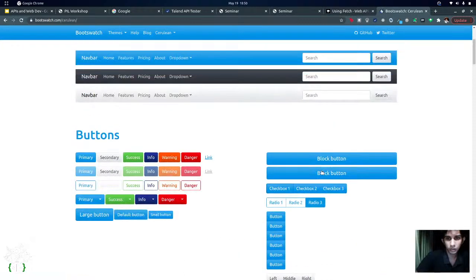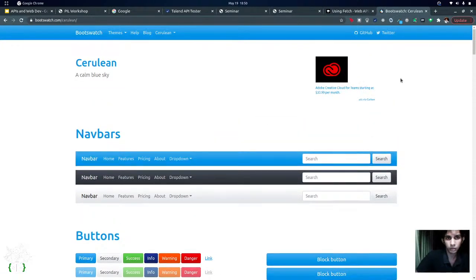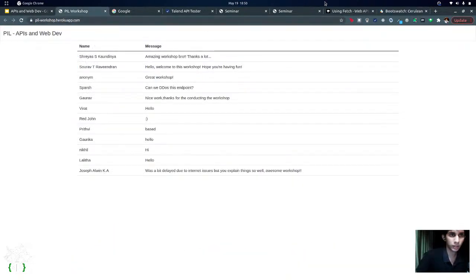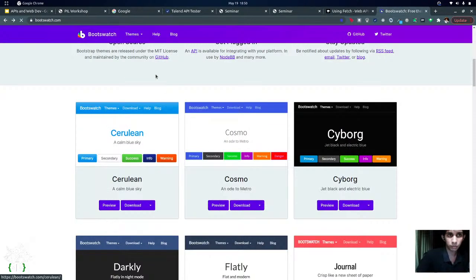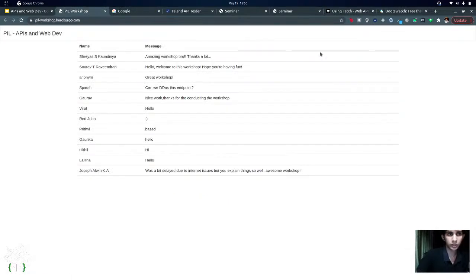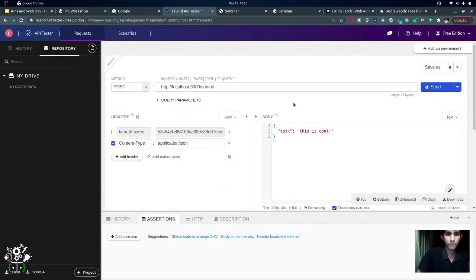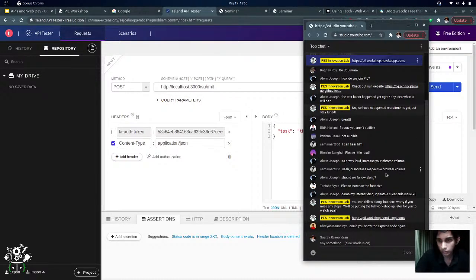All you need to do is import this CSS library, look at the code here, and just copy this button. You see that the class name references a particular class name. So the CSS library has already defined styles for these class names. That's how these CSS libraries work. So all I did here was I used some random theme from Bootswatch, and I used those class names to create my navbar and a little more fancy list over here. So you could try that out after that. I think this should be the end of my